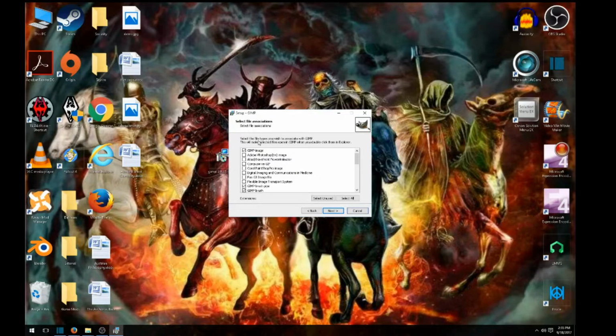See, select the file types you wish to associate with GIMP, and you just go through these and you can add paintbrush image, all this. You can click on all these if you want to. I think I'll just leave it the way it is. But if you have Photoshop, I suggest you click on this,